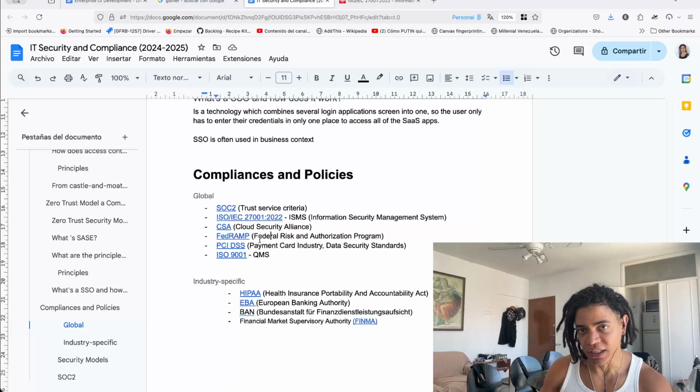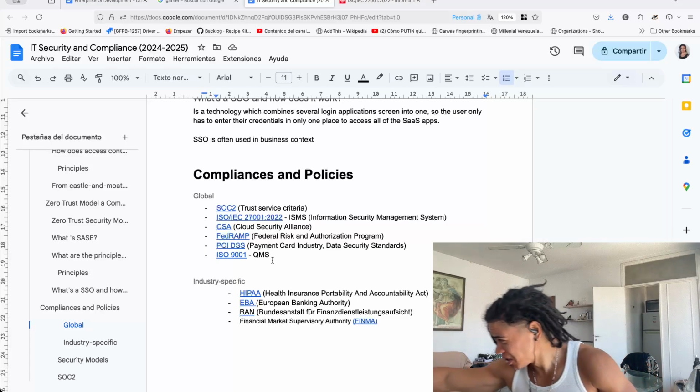The PCI DSS. If you work for any of this fintech, you are quite familiar with this. The PCI DSS,